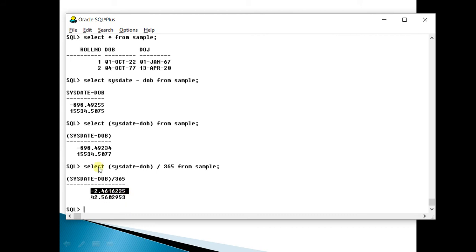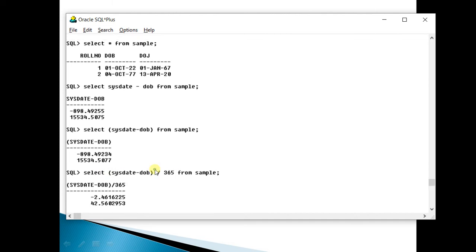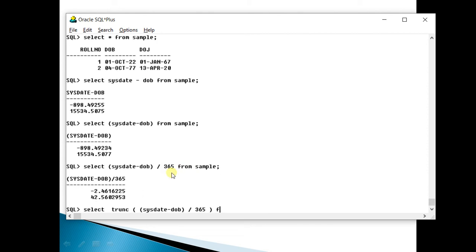Now if you want to see it more specifically, you have to type select trunc and then type this from sample.